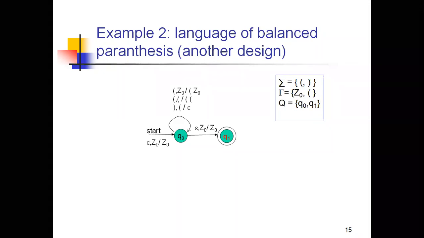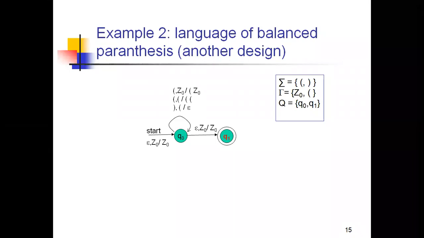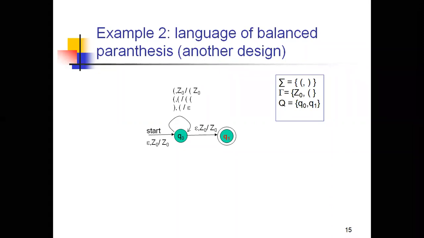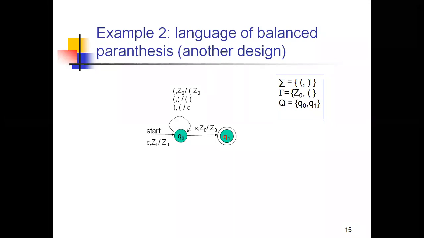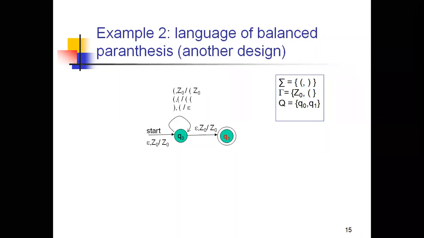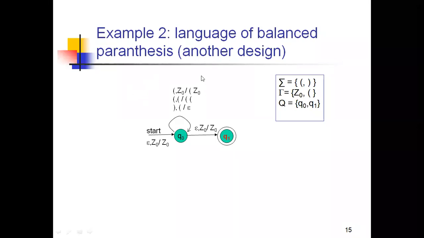And this is another design for the same language. The question is for balanced parentheses. I showed you two designs, one by choosing 3 states and another by choosing only 2 states. In one example we chose q2 as the final state, and in this example we chose q1 as the final state. Initially, for every transition diagram we start with q0, but choosing the final states is most important. The same thing that we did here, there is no difference in logic.